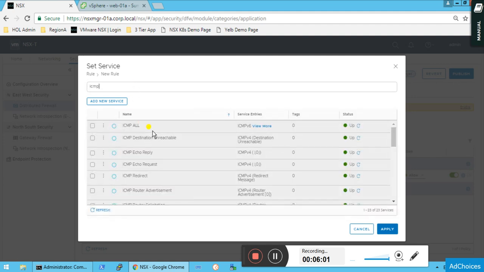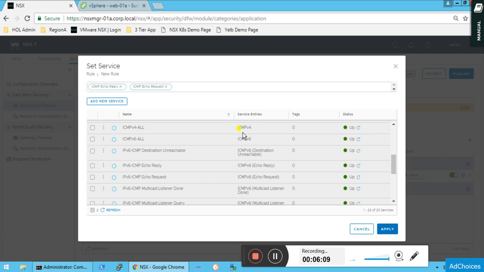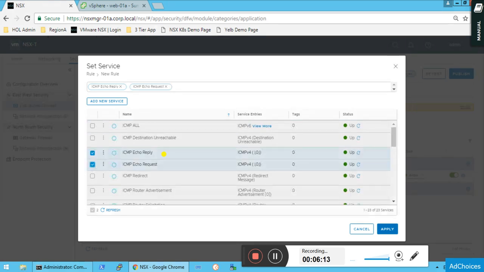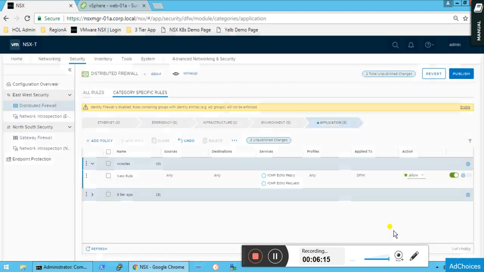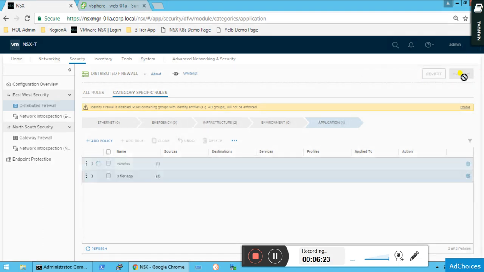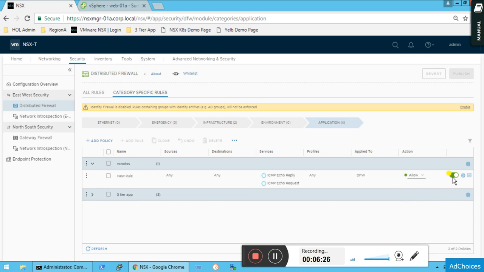I want ICMP reply and request, and it will be done for ICMP version 4. Don't click ICMPv6. If you scroll down, then you will see the same for ICMPv4. If you want to add it, then you can add. But I prefer to do this reply and request. Apply. Okay. As we have created a new rule, any source, any destination, you click on publish. Okay, the rule is enabled. Now see if I can ping it.